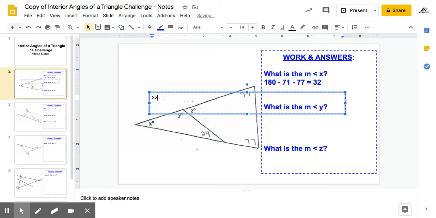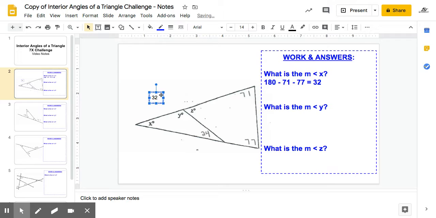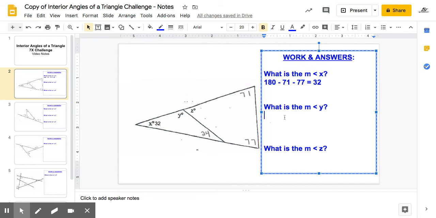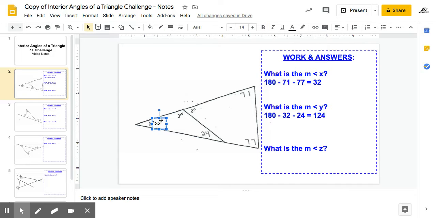Now, I'm going to fill that in here. I found this first angle. Now, let me just fix this. I now want to find the measure of angle Y. Well, angle Y is in this smaller triangle here. I can find the measure of angle Y because I'm only missing that one angle in this triangle, and I know together they have to add to be 180 degrees. So to find the measure of angle Y, I'm simply going to subtract 180 minus 32 and minus 24, and I get 124 degrees. So the measure of angle Y is